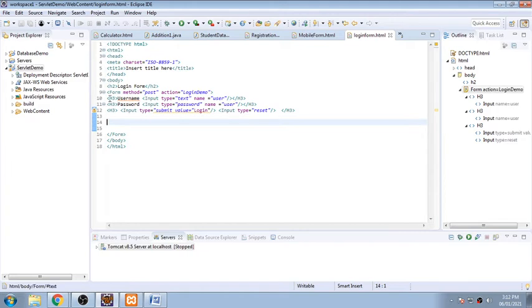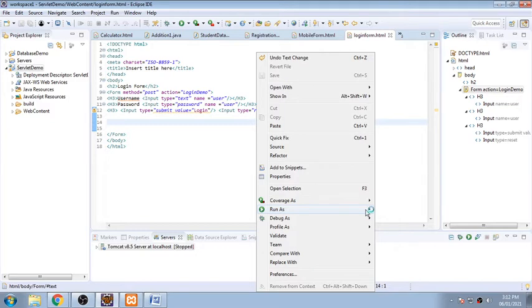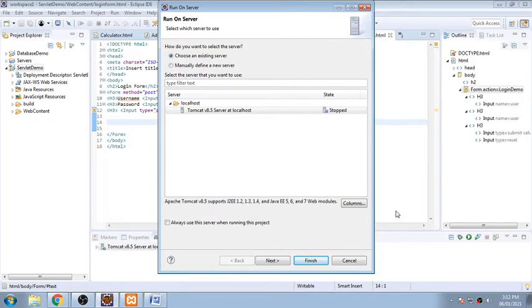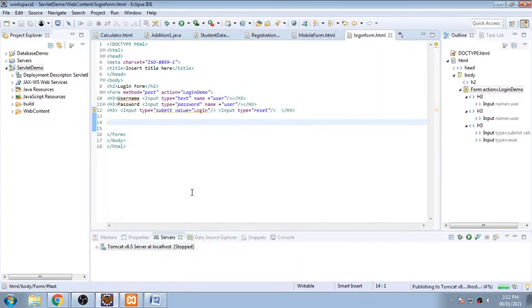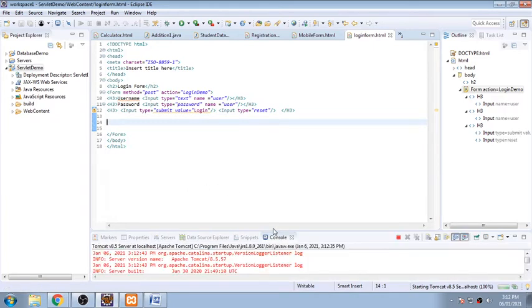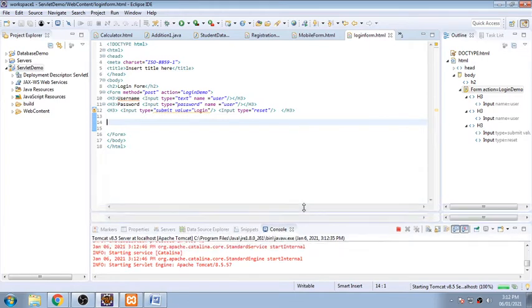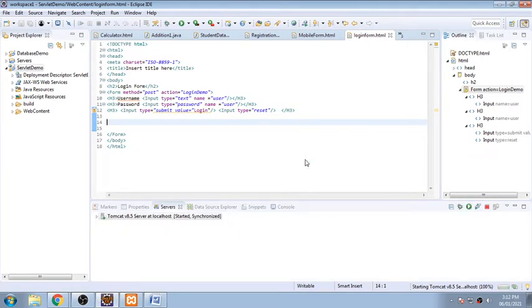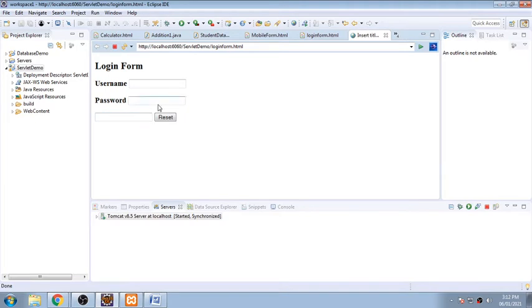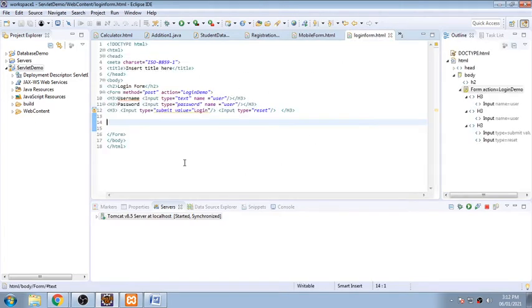So we have completed the body, we have completed the form. I'll just run it to see how this design will look on screen. Compilation is going on, and it will open a server. So see, the form is there. Something went wrong. It is text, now it is submit. Input type submit.